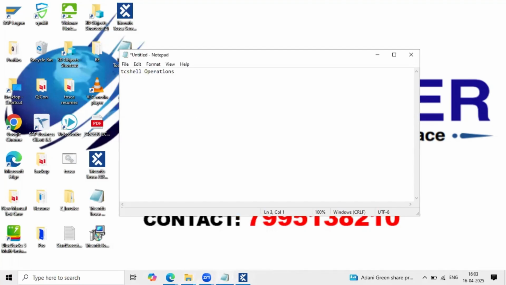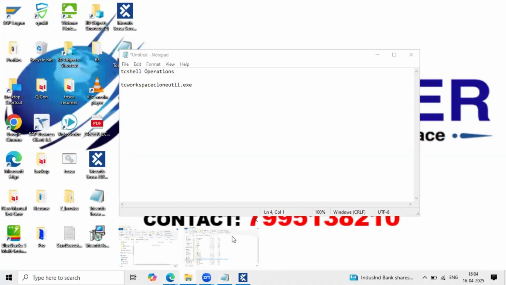We always use this executable file to clone a workspace from one location to another location. To find this exe file, always go to the Tosca Commander home.